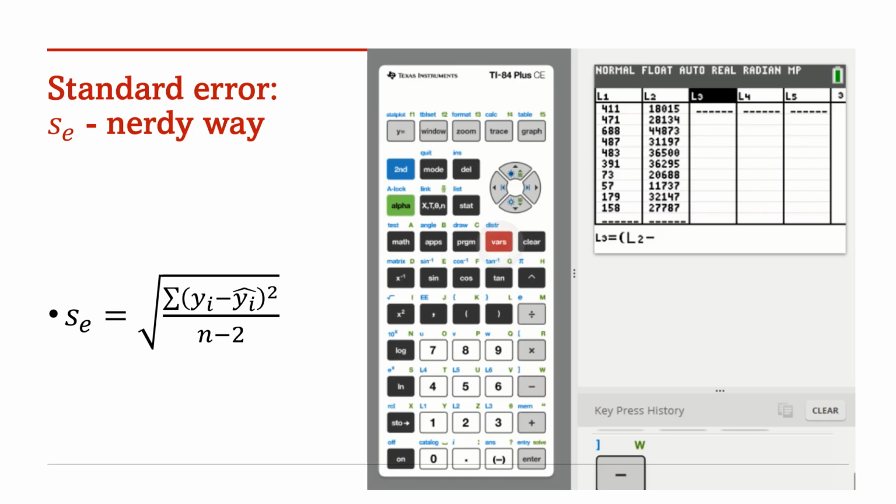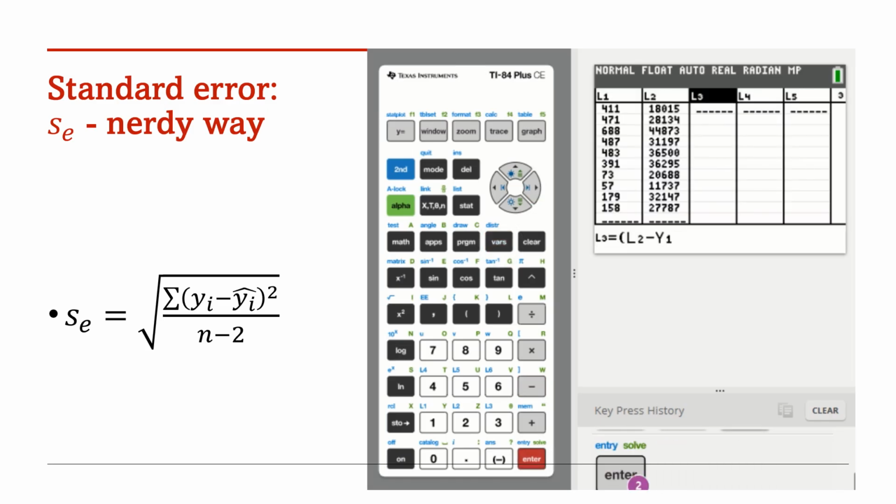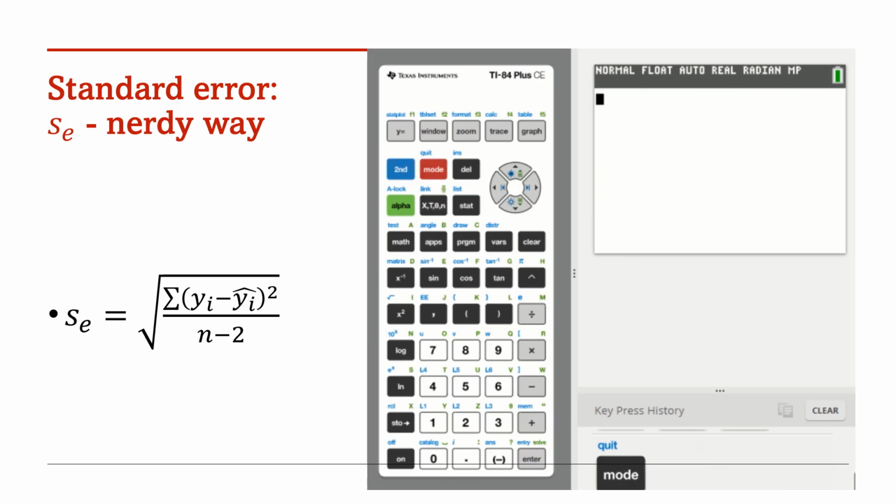I'm going to say it like this, vars, y vars. You can actually just type that out, you don't have to be this nerdy about it. And then instead of x, I don't have x per se, I have L1 values because I wanted to evaluate it a bunch of times. I'm going to close that a second time, square it, enter. I don't really care about the numbers that are on the screen because I'm just going to go to my home screen. I'm going to finish off my standard error